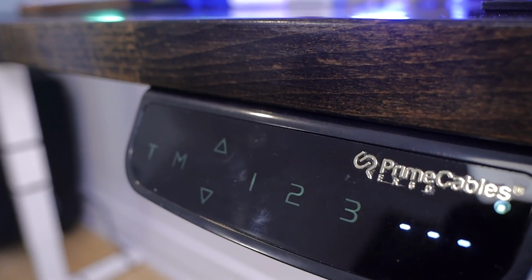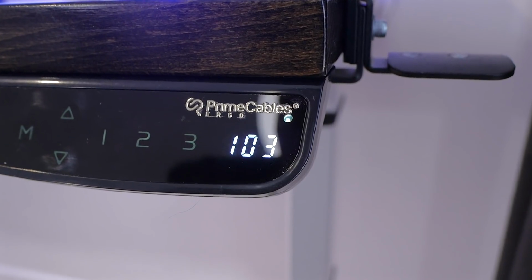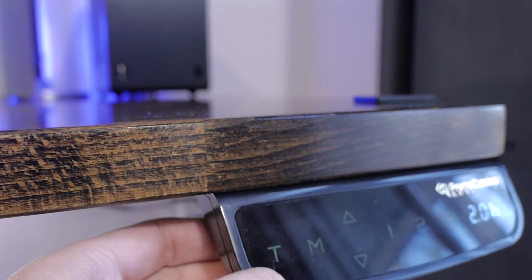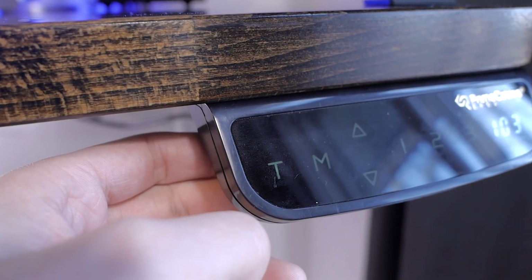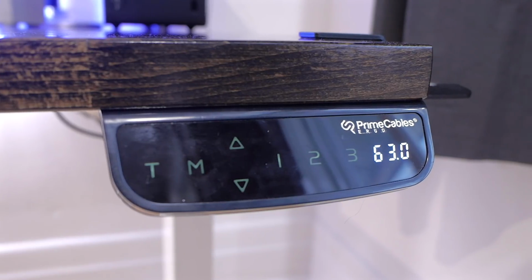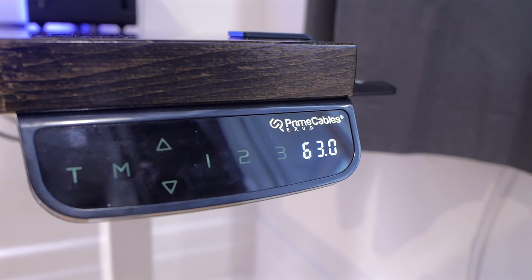And you can set these with the M button. There's also a display that lets you know your current height. And finally, the T button lets you set a timer so that you don't forget to stand up at regular intervals. If there's one issue to mention though, it would be that the controller seems to unsync itself from the